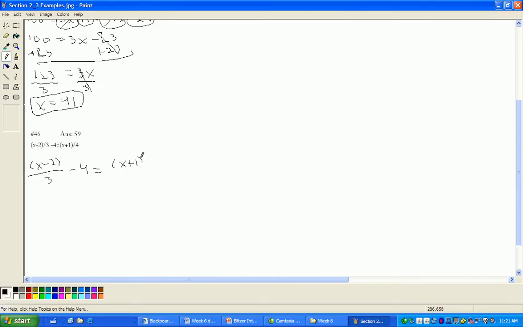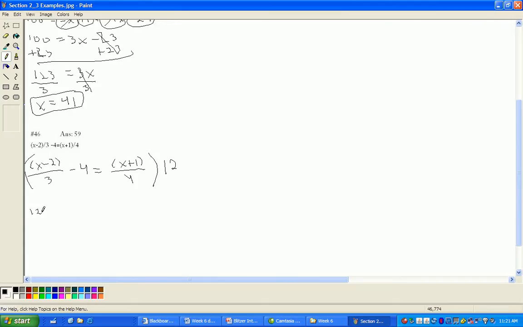So we have fractions here. One of the things we like to do with fractions right away is to get a least common denominator. So our fraction denominators here are going to be 3, 1, and 4. The lowest common denominator for 3, 1, and 4 is going to be 12. So if we go ahead and multiply everything in here by 12, we can get this. This is going to be 12 times x minus 2